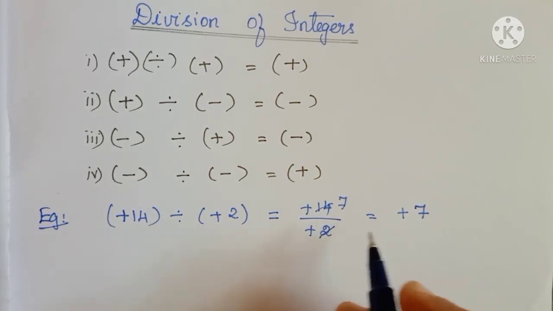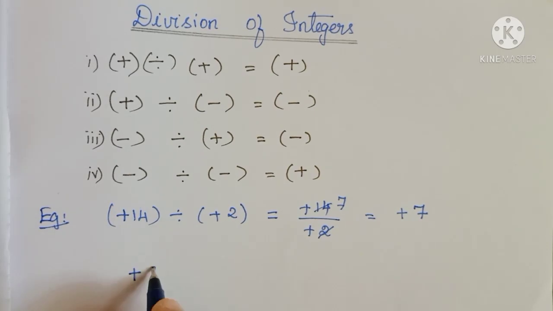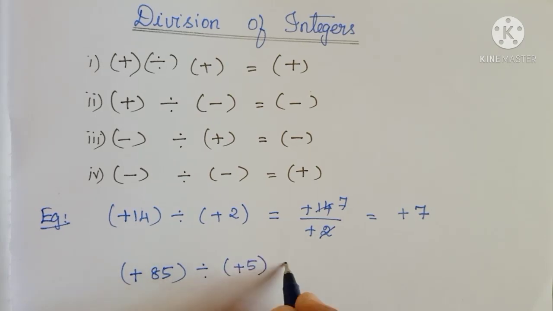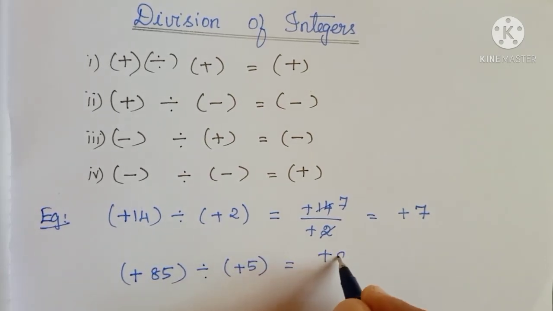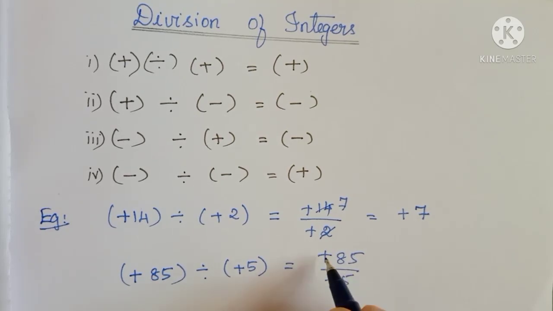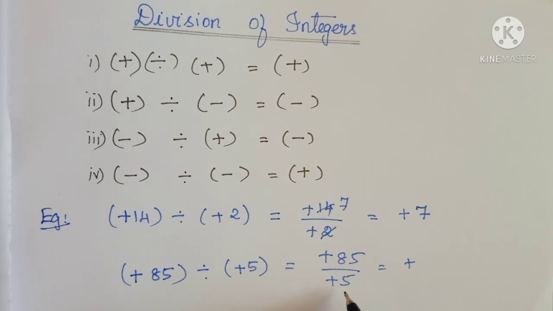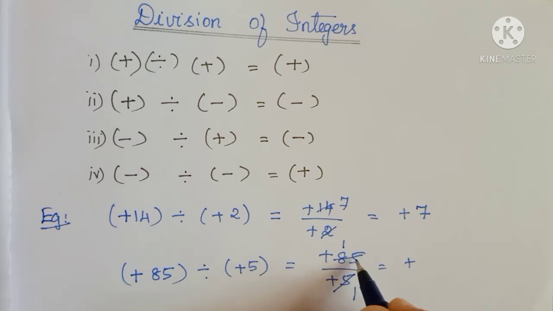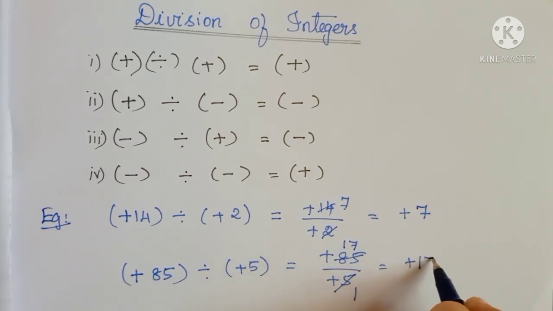Okay, I'll take a bigger number. Plus 85 is divided by plus 5. So what will you get? Plus 85 divided by plus 5. Plus divided by plus is plus. 85 and 5 both cancel by the table of 5. For this we are using the test of divisibility. Here 5 is in the ones place, so we can say this number is a multiple of 5. So we use the fifth table and cancel these two. 5 one time, 5 one time, remainder 3, 35, 7 fives are 35. So the answer is plus 17.